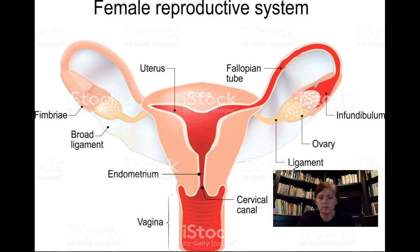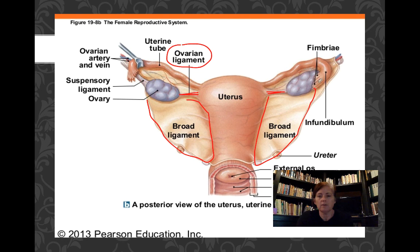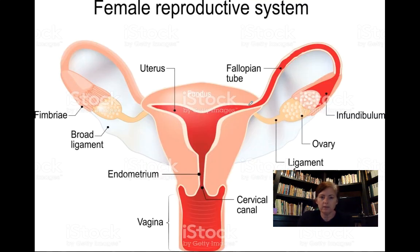So our next organ is going to be the uterus. So the egg, typically the oocyte, is fertilized somewhere up here in the fallopian tube, and it's going to travel on down to the uterus. So that's our next organ. The uterus has 3 layers,